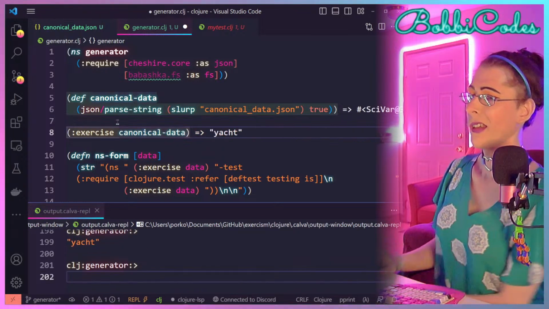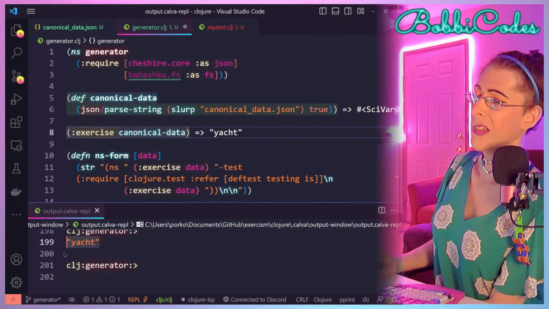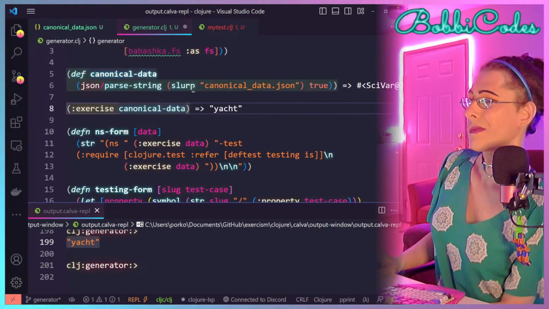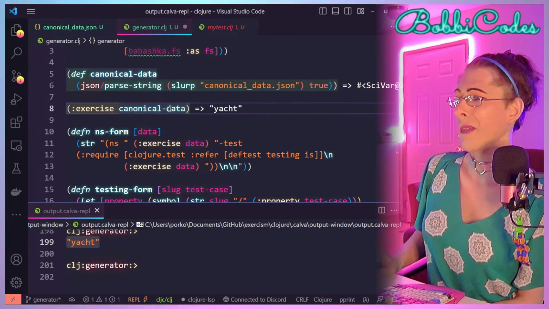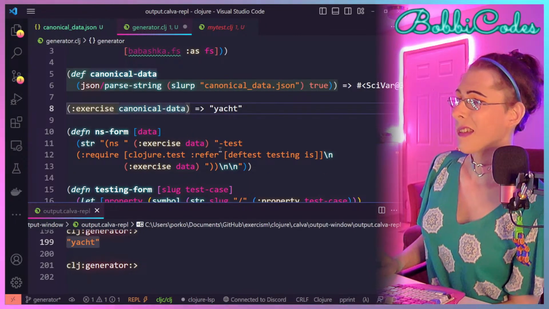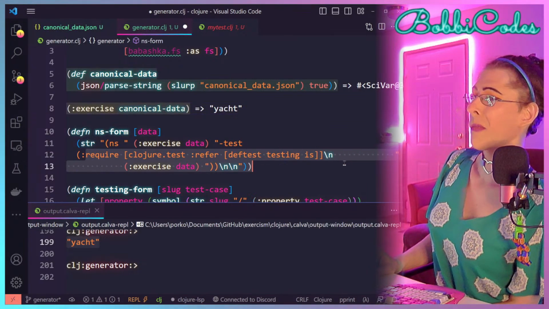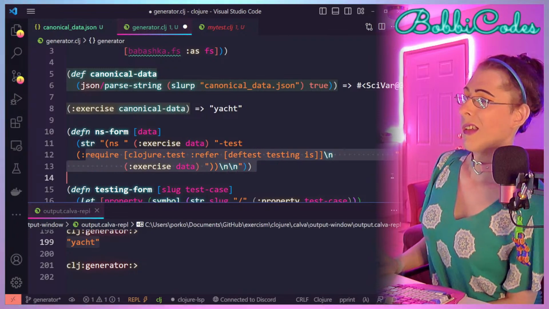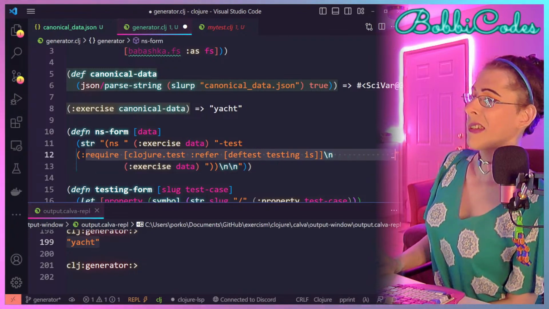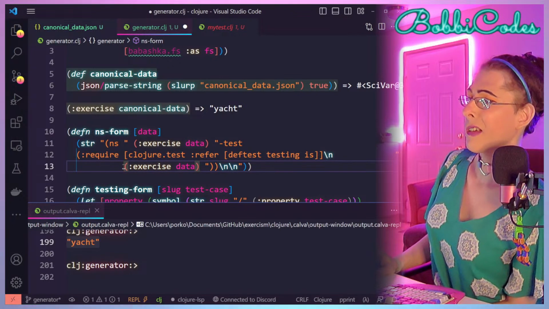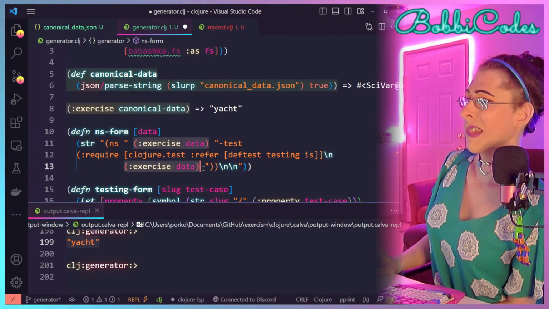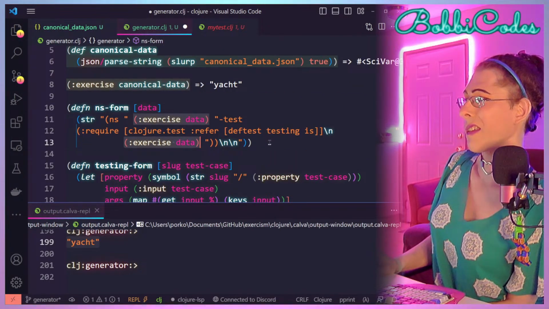Thank you. And that just outputs the name of the exercise, because it's NS exercise-hyphen-test, and that's going to be the same always. A new line and indent, and the exercise again. That's it. Whoop-de-doo.